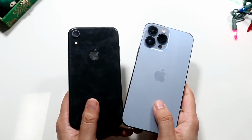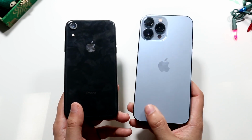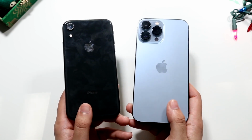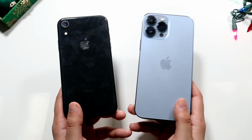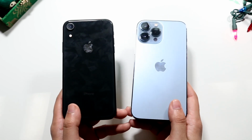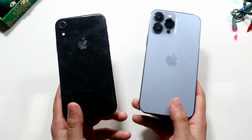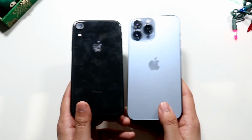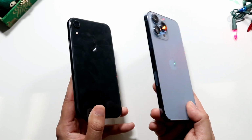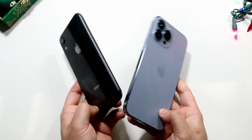And on the back, glass backs on both, but you do have a different type of experience on both as well. The 13 Pro Max has that frosted glass back. The iPhone XR has the standard glass back. Triple camera setup with a LiDAR sensor on this phone. The XR has that single wide-angle lens. Both phones feel good. There's not one of these phones that feels cheap, but the 13 Pro Max feels like that more premium phone for sure. Both of them have IP certification, all that good stuff. Power button on the side right here, Lightning port at the bottom, and that really pretty much covers it up